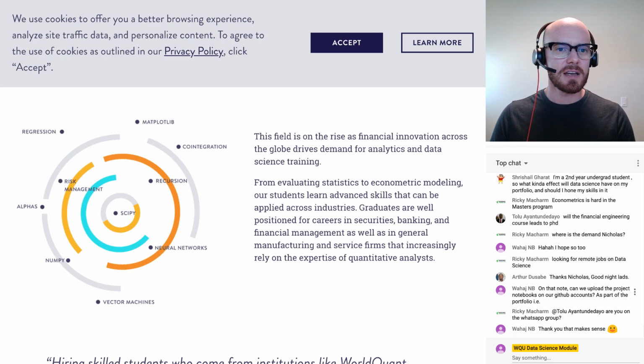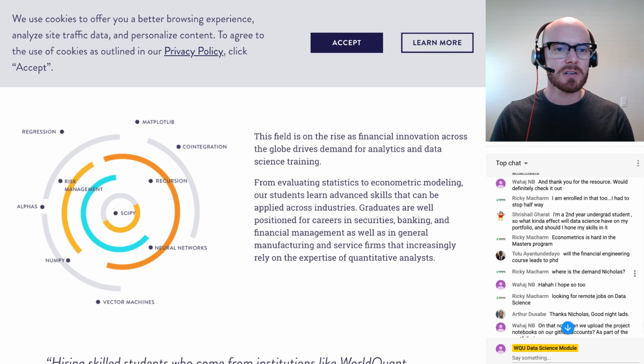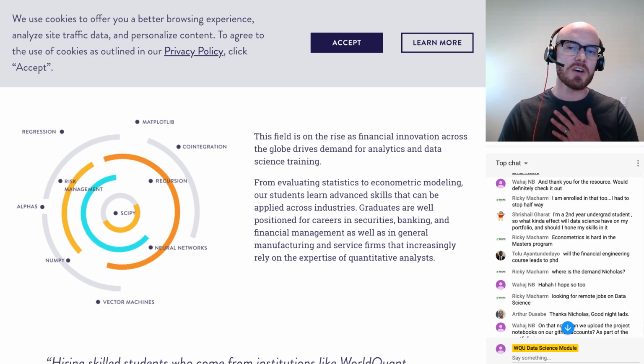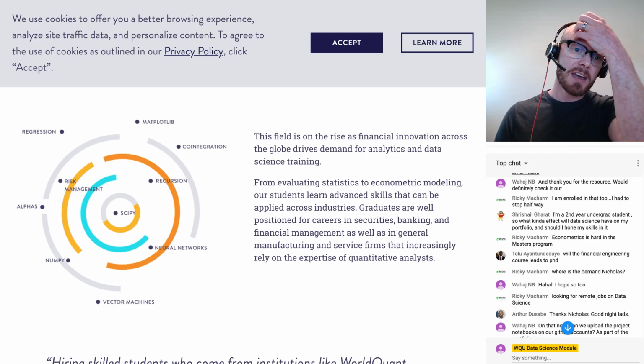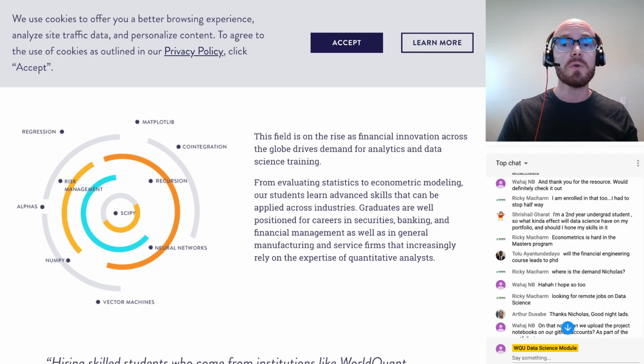Let's see here. I think I saw one question. The question is, where is the demand? The demand in data science is kind of everywhere. I can only talk about the US, but banking and finance, there's always a demand. There's a lot of demand in tech companies, video game companies, and also a really big growing sector in the US is healthcare.